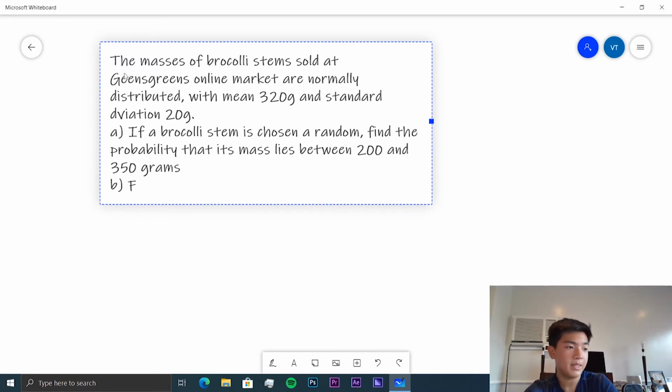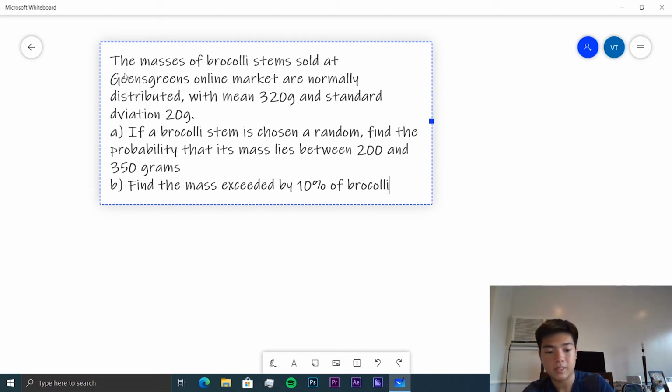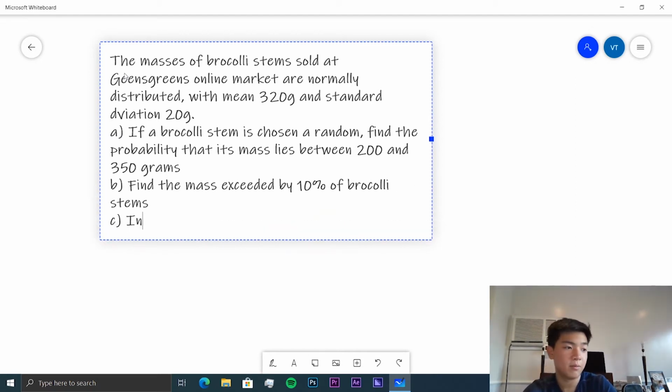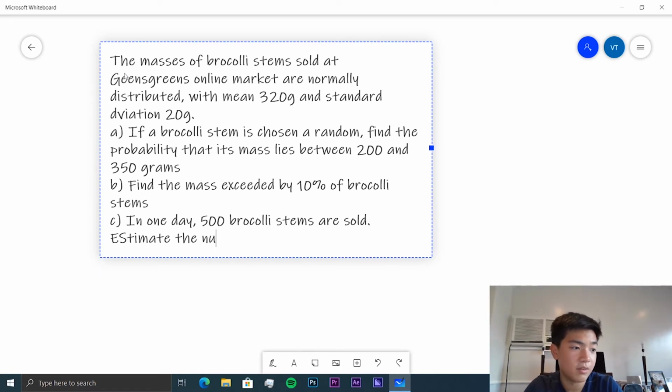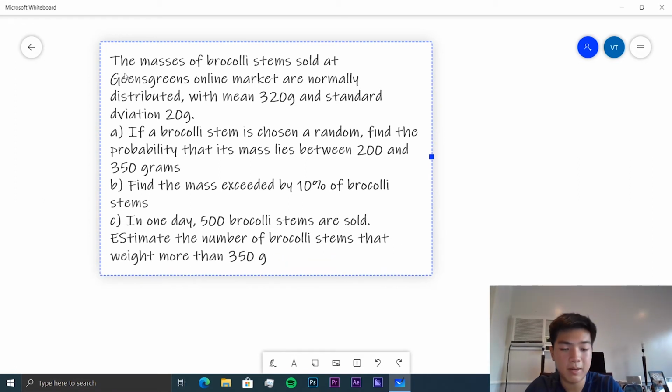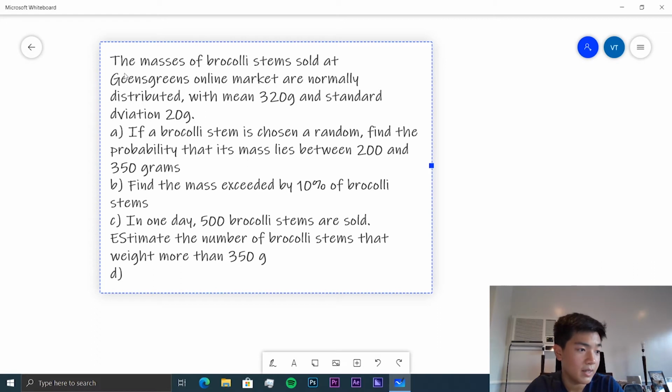Next, find the mass exceeded by 10% of broccoli stems. Next, in one day, 500 broccoli stems are sold. Estimate the number of broccoli stems that weigh more than 350 grams. And finally, at the nearby